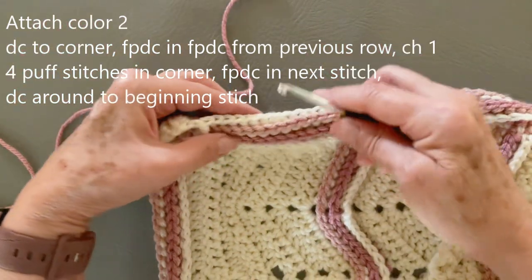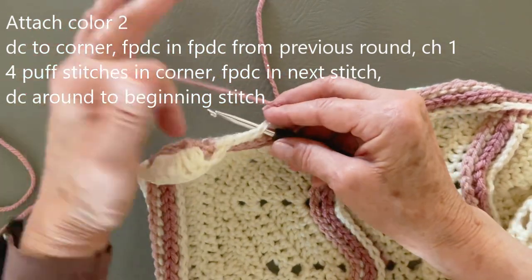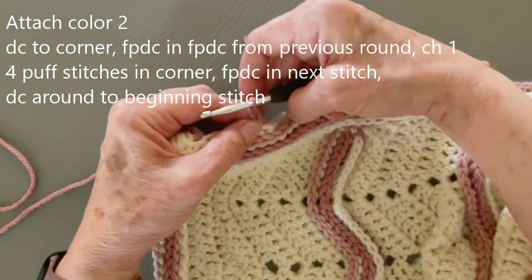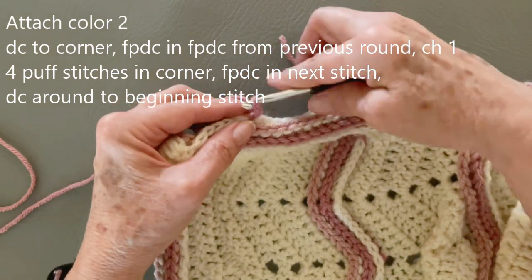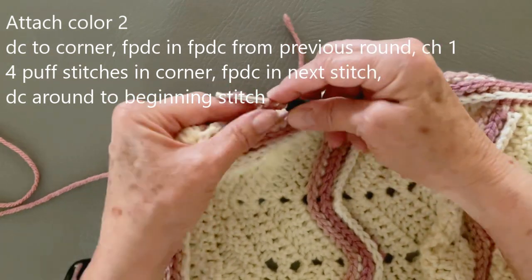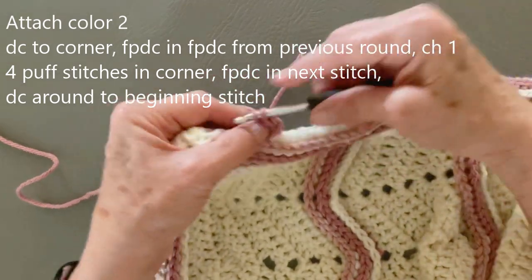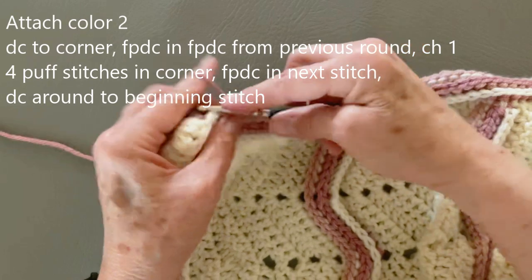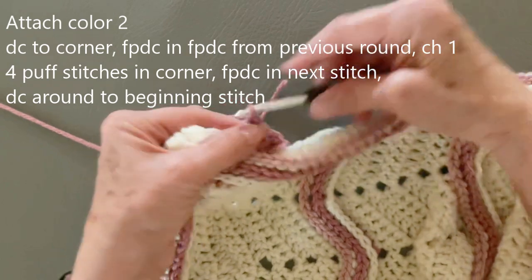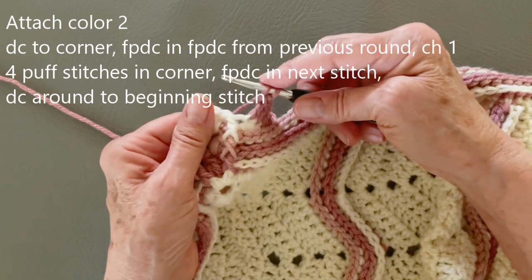We'll just do regular double crochets. So I will just attach my yarn here. Again, I'm not going to make a knot. I'm just going to pull through one loop, and then I'm going to double crochet in the same spot, and then double crochet across to the corner, and that front post double crochet, we're going to do that again,